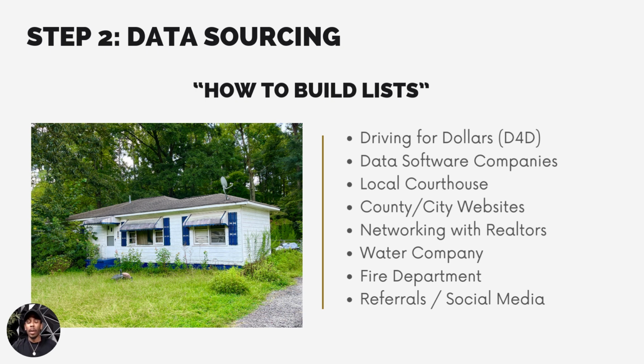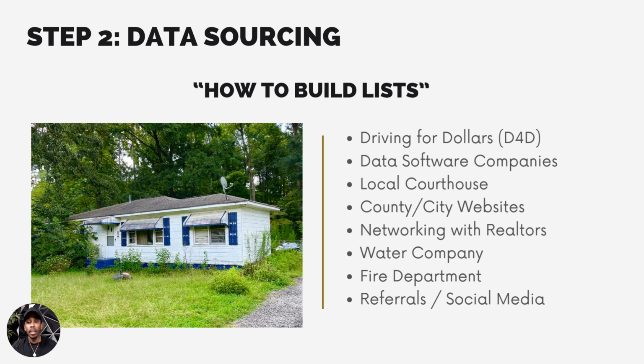Okay. And with driving for dollars, there's different softwares. One I like to use is Resimply. You can use the app while you're driving around in the neighborhood and you see that property, you click on that property, you'll be able to skip trace it, find that homeowner's contact information right then and there. So you can even call them right while you're in front of the home, or you can send them direct mail or postcards from the app to that potential property owner's mailing address. So those are good softwares to use when you're driving for dollars to build a list of these distressed looking